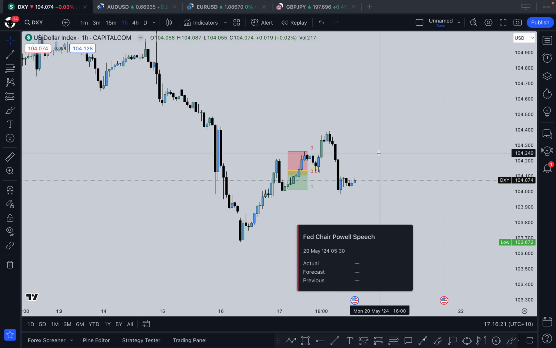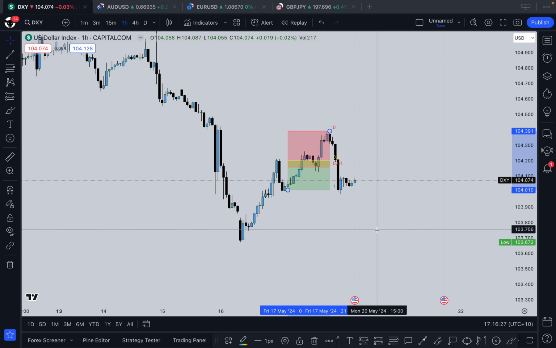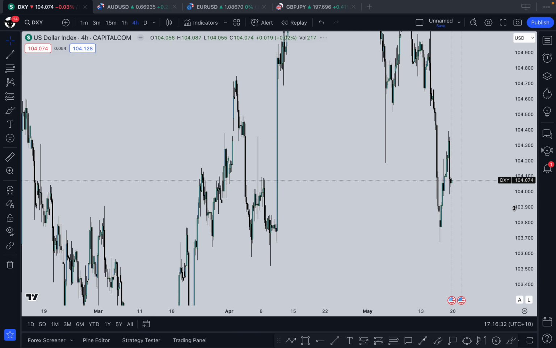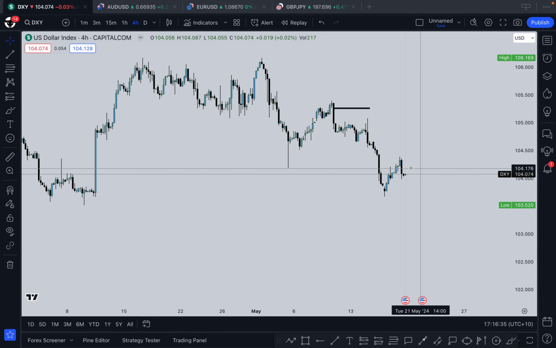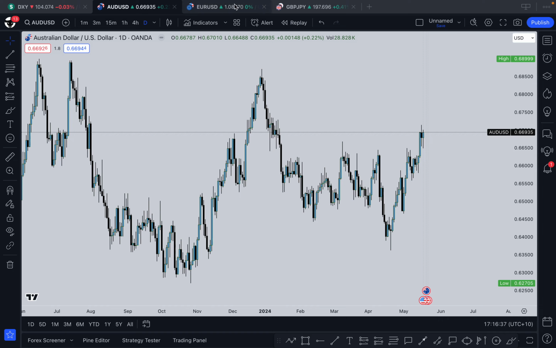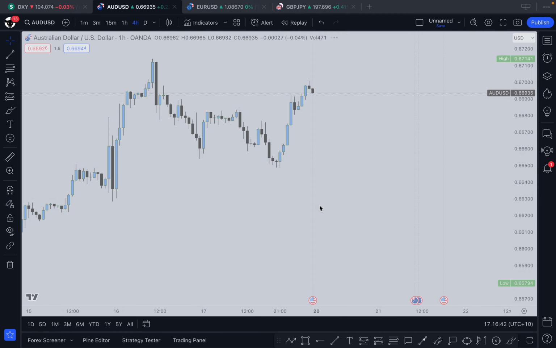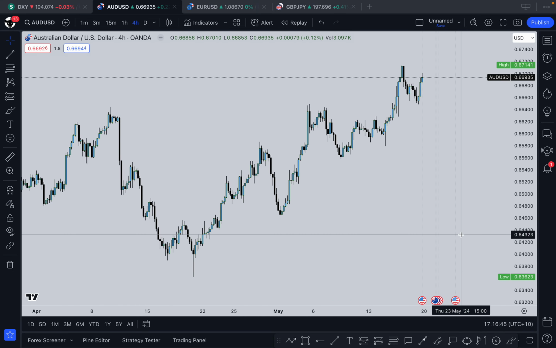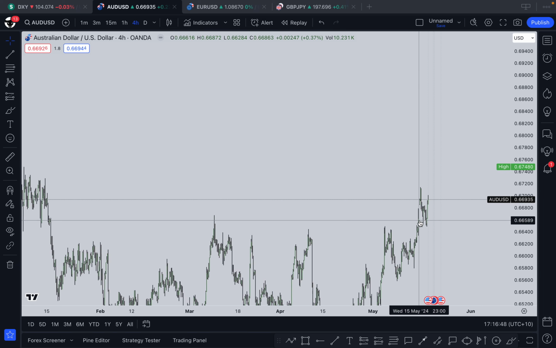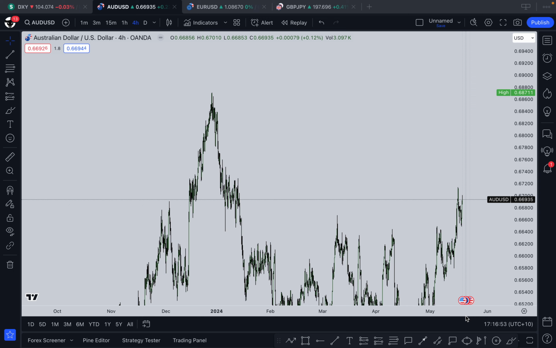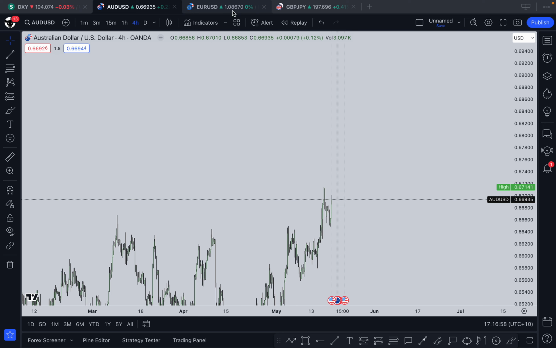For the Powell speech, I don't know what to expect, what's going to come of it. We could have a really sharp move up or down. Hard to say. But in terms of without the Powell speech, I'd be pretty confident in DXY going up. So in terms of the USD pairs, we could see a move down, but at the same time, we could see this thing fly, given some good news for the US economy or whatever he says. So I'd hold my breath until 5:30 in the morning. Not like you guys are trading anyway.